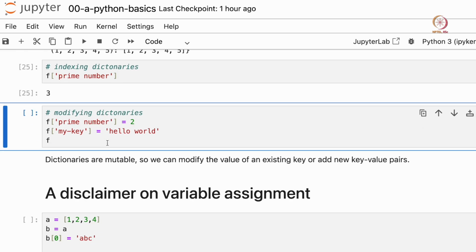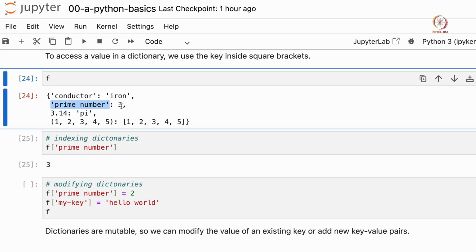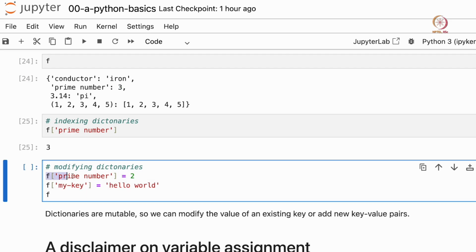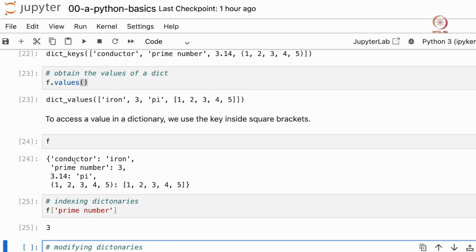And again, like lists, we can modify the value of every key. For example, initially the prime number key was assigned value 3. Now I can modify it to 2. So I can mention F within inverted commas prime number and mention 2 here. And also we can add new keys to the dictionary. For example, my key did not exist in the dictionary.